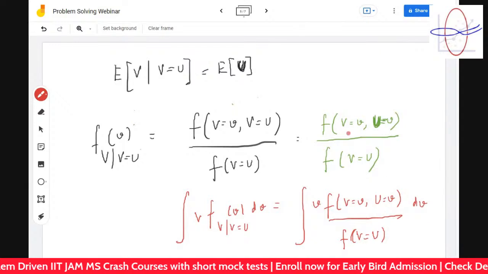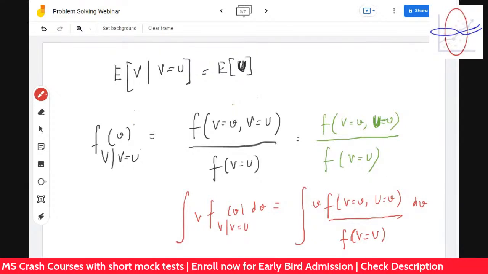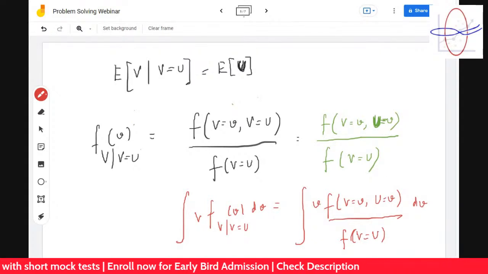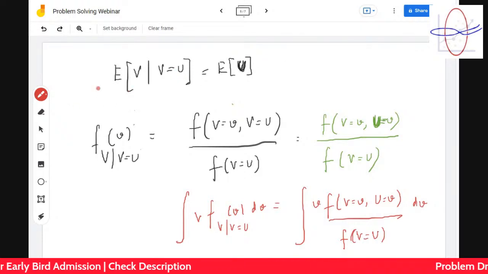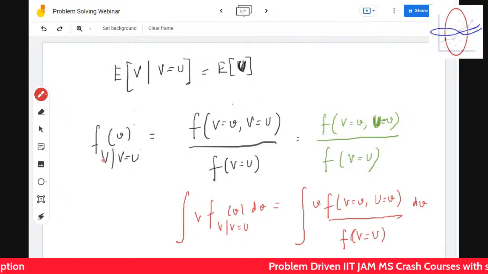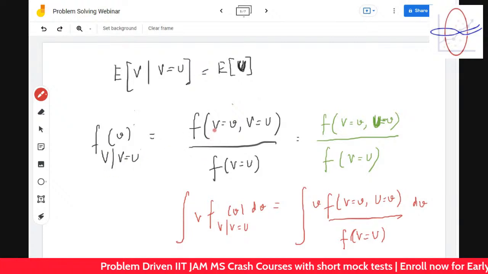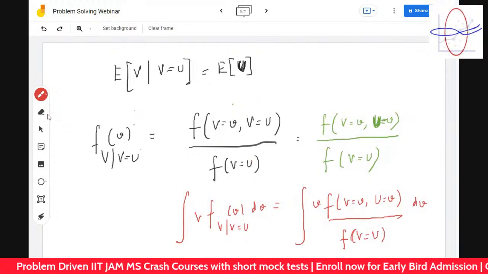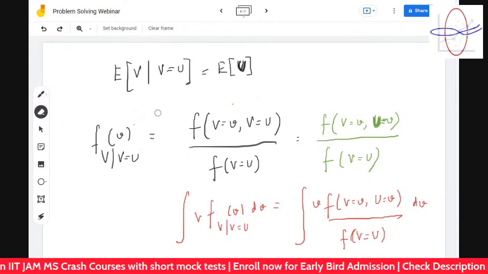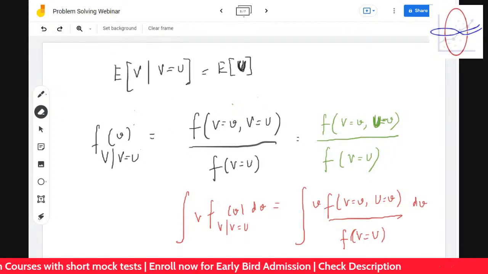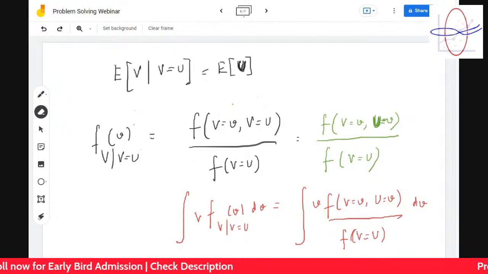Okay, guys. So let's understand this. We are trying to find out, using continuous distribution only, that f of V given V is equal to U is the same as using the conditional. So okay, there is a certain problem over here which I did, and the problem is the following: